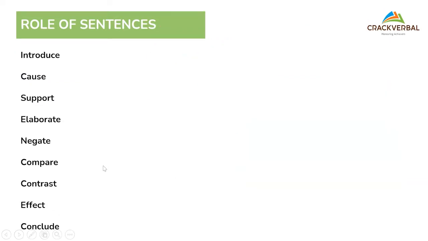So now look at this list. Do you think this list makes sense? This is a broad list that I follow. Now, is it necessary that all of them will be there in every passage? No, not necessary. But what will always be there? Generally, a sentence might introduce an idea. It can introduce a story. It can introduce a situation, right? That's a basic role. So start looking and reading data with this perspective.